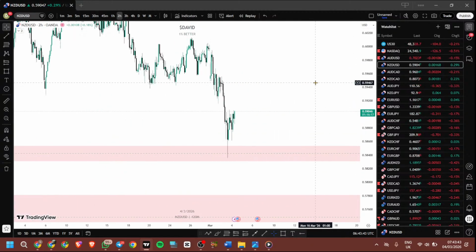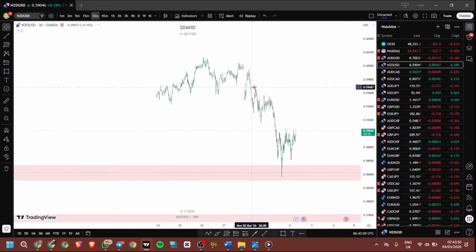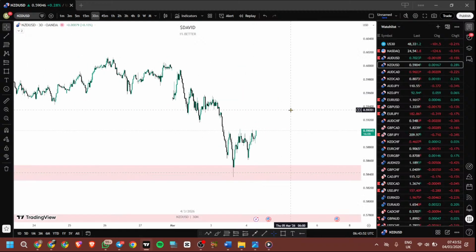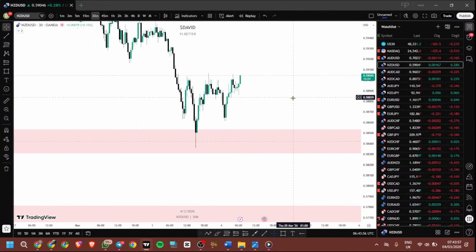So what do we do? Here we go back to 30 minutes to see what price is doing. You can see here on 30 minutes time frame,